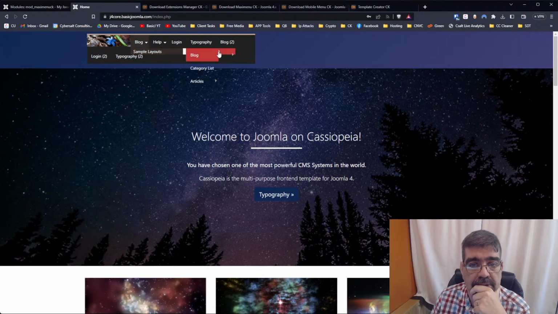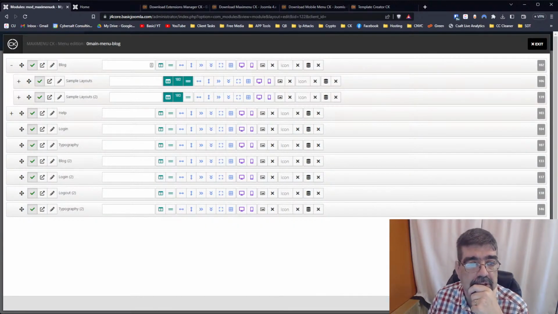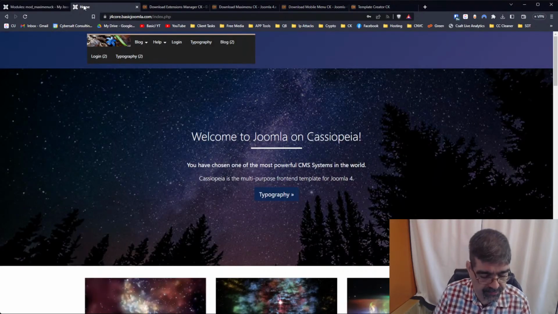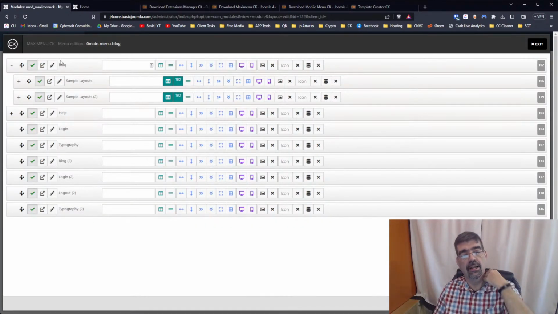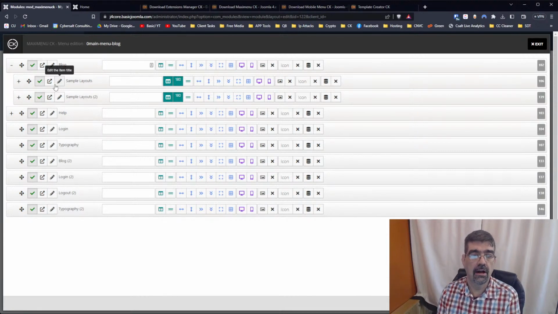Sample layouts too. Okay. So sample layouts too, and that now, if I take that row out here, okay. So all right. So by having these down here, they are